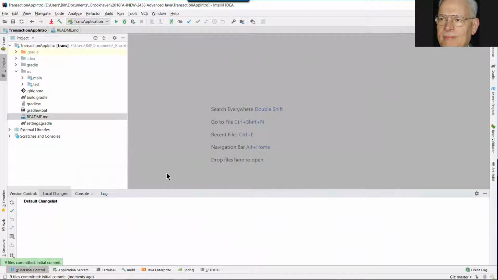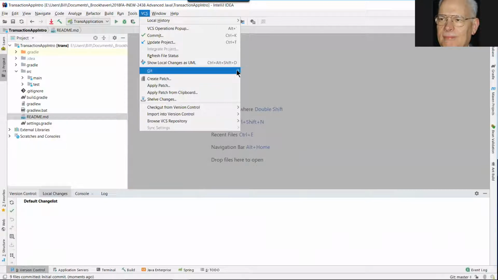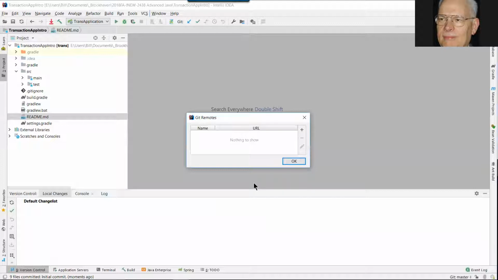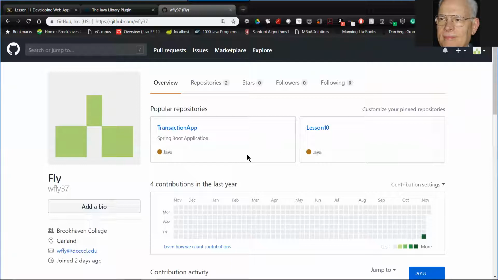Now I'm going to select VCS, Git, and Remotes. I don't think I'm really ready to do this, but okay, and there's nothing there. Okay, so now I'm going to flip over here to another screen. Okay, here is my WFly37 repo that I created last week, and I'm going to click on